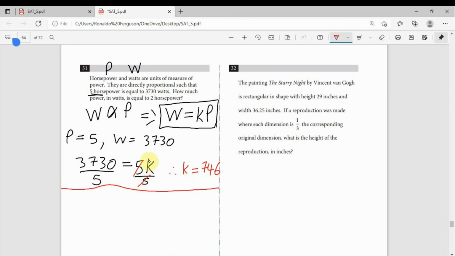746. Now notice that right here it says how much power in watts is equal to 2 horsepower. Horsepower we said is P. So when